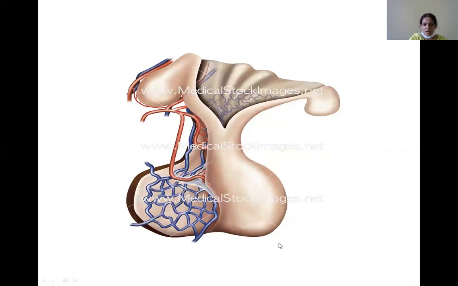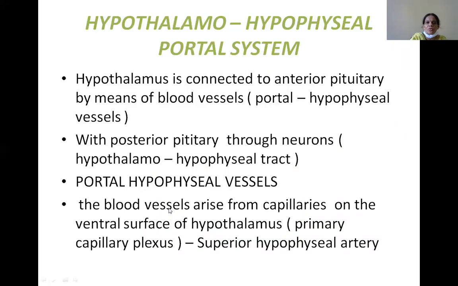In the pituitary, the eosinophils, basophils, different cells will get stimulated and they release again the different hormones. But for the stimulation of these pituitary cells, the hormones synthesized in the hypothalamus have to traverse down to the anterior pituitary through these blood vessels, that is the capillaries. So this is termed the hypothalamo-hypophyseal portal system.